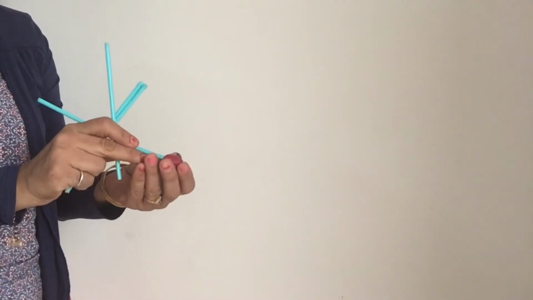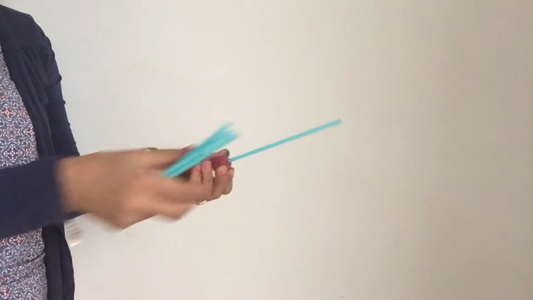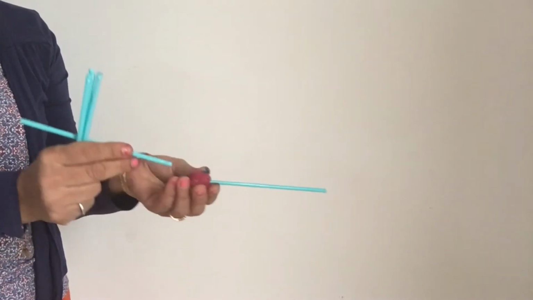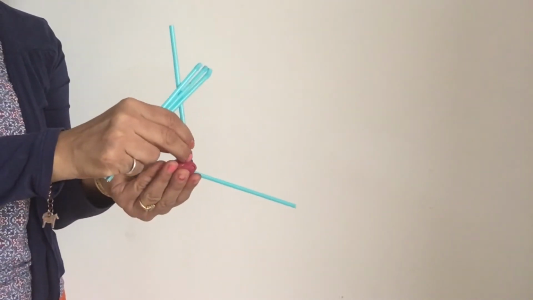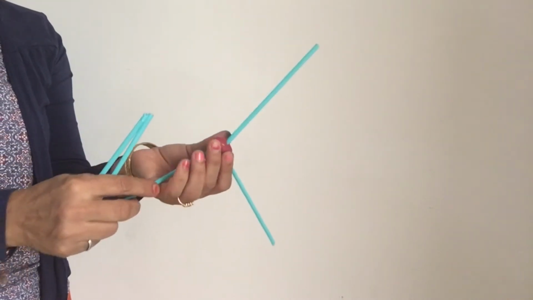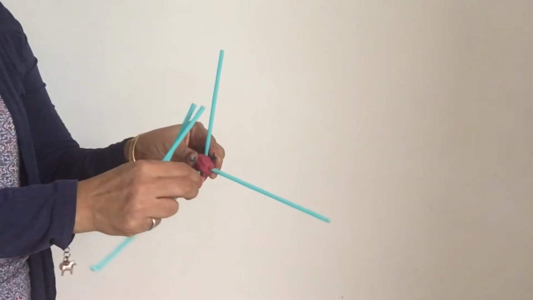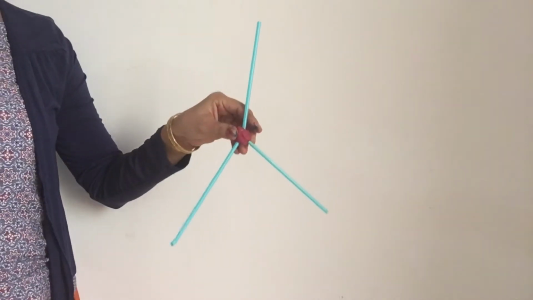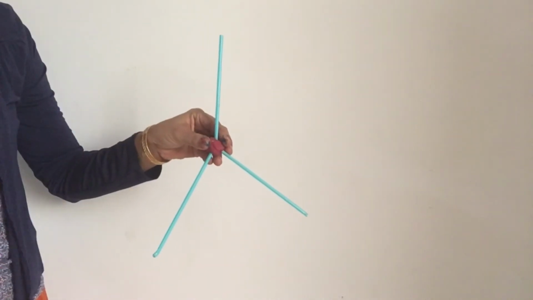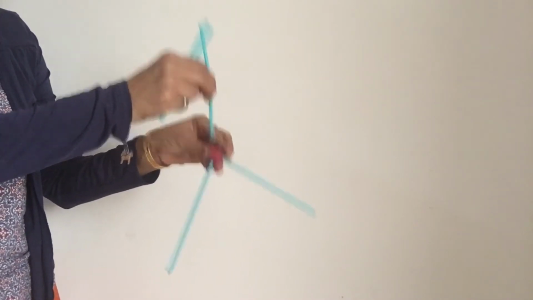Now the first case that we had done when we were talking about bond pairs was when there are 2 atoms involved, and we had said that this is linear. The second case that we had done was when there are 3 atoms involved, or 3 bond pairs involved, and they try to arrange themselves so that they are at maximum distance apart, right? And that time we had got, yes, absolutely, a trigonal planar structure.